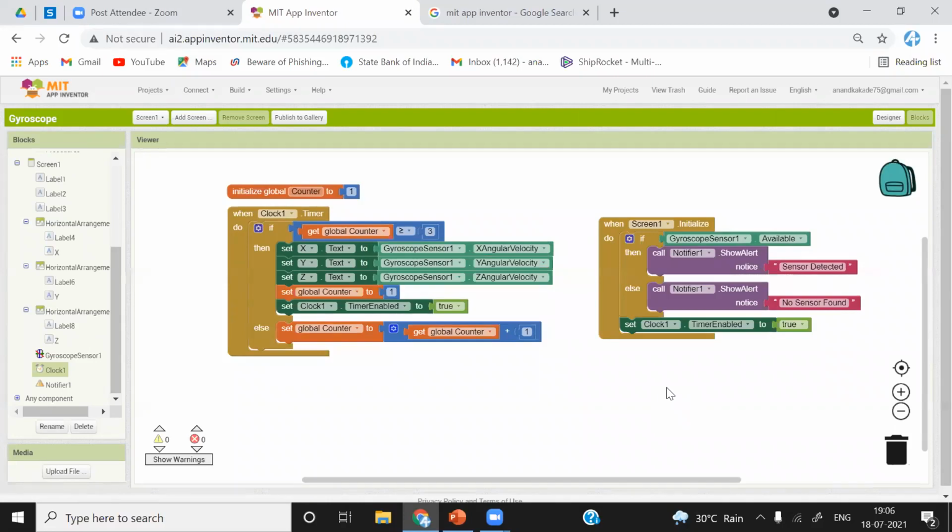Any other questions? Please ask. Which means timer is necessary only for sensor data? No, it is not mandatory that you must use it for sensor data. The general purpose of the timer is to generate delay. A delay can be used for multiple purposes, so you can use the delay anywhere. You can use it with the sensor data also. If you want to delay some functions or operations, you can use it there also.